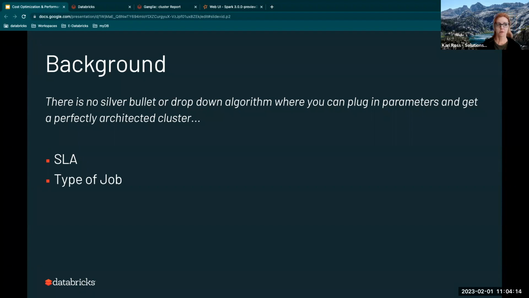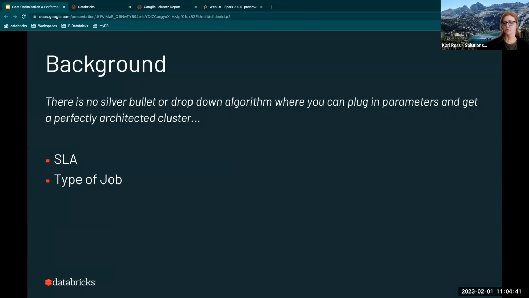The type of job. So this is a big one. And again, this is where you also want to take a look at serverless SQL that's coming out. But if our goal is to allocate just the right amount of cluster size for the application, you want to think about how the data is going to be used. Streaming, ETL,